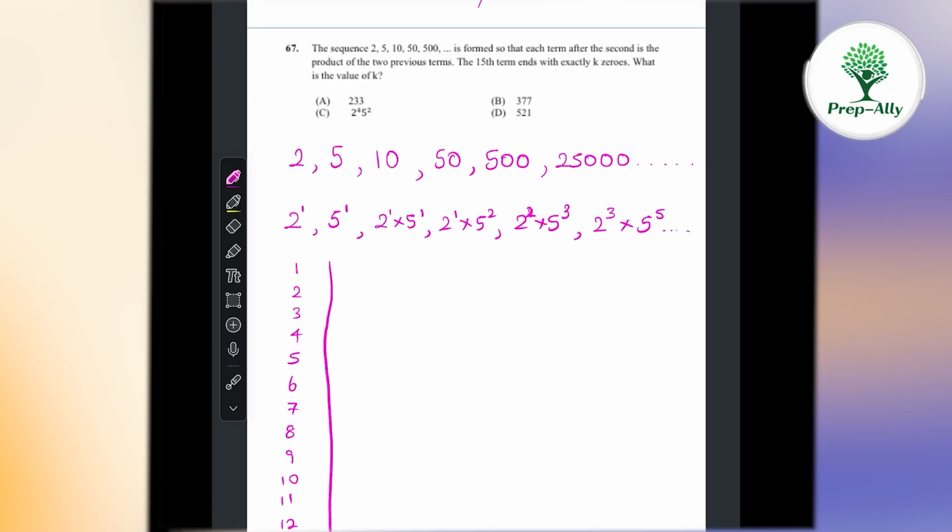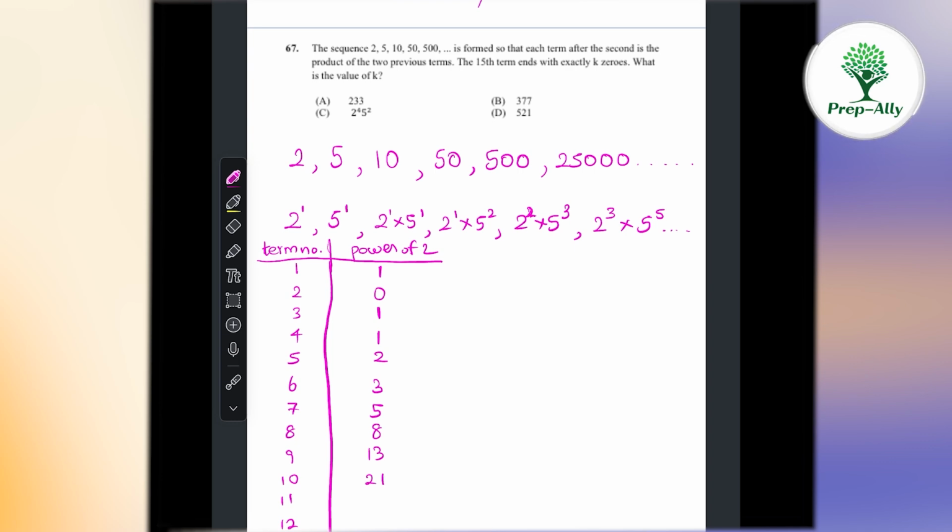So the first term has 2 with a power of 1, second term 0, third term 1 again, fourth term 1 again, fifth term 2 and 3, and 2 plus 3 is 5, 3 plus 5 is 8, 8 plus 5 is 13, 13 plus 8 is 21,